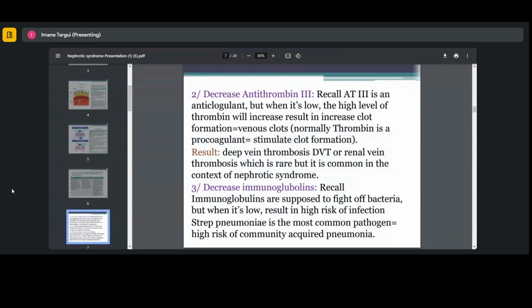You have decreased antithrombin 3. Recall antithrombin 3 is an anticoagulant, but when it's low, the high level of thrombin will result in increased clot formation. Venous clots: normally thrombin is a procoagulant, stimulating clot formation, which results in deep vein thrombosis or renal vein thrombosis, which is